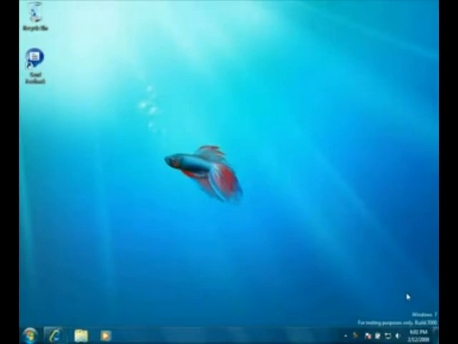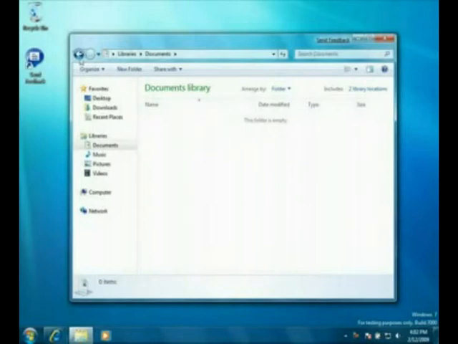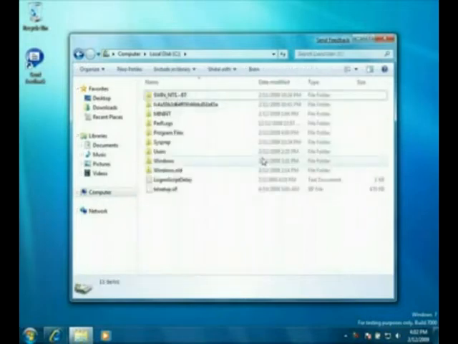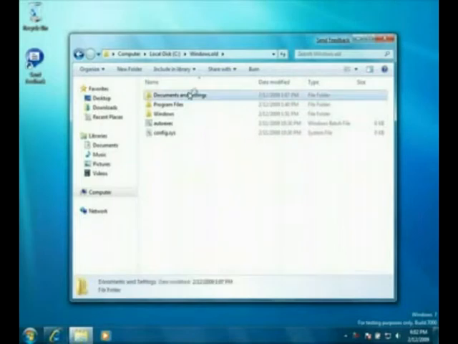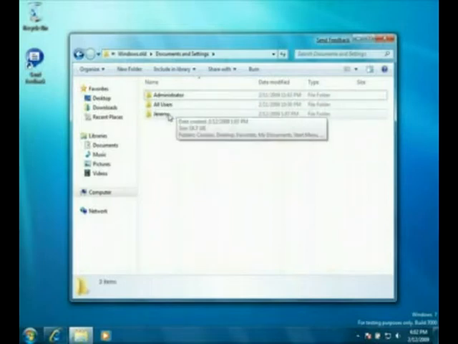Okay, so after Windows 7 installed, now I've got a Windows 7 operating system. If I look at my files, I've basically got none of my documents that were carried over from the previous OS, but I did, however, create a windows.old directory, which actually contains all of my documents, my user accounts for administrator, for myself, Jeremy. The files are still there,